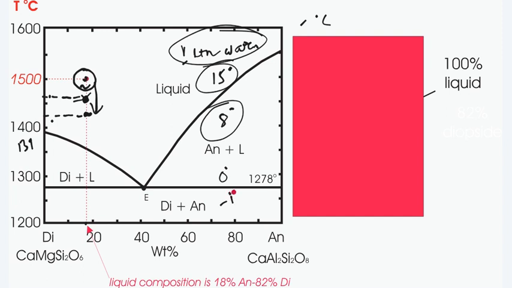Suppose at -1 degree, the 1 liter of water will not be completely water. Some portion will be converted to ice. So now the composition will change. Similarly, here in the case of bicomponent magma,